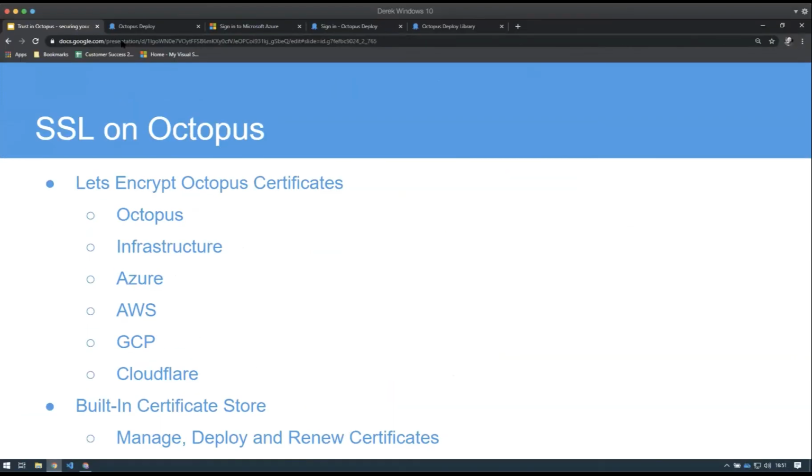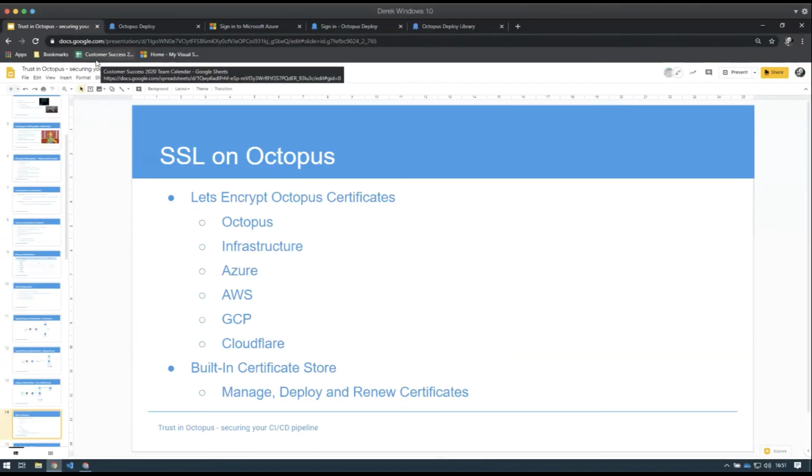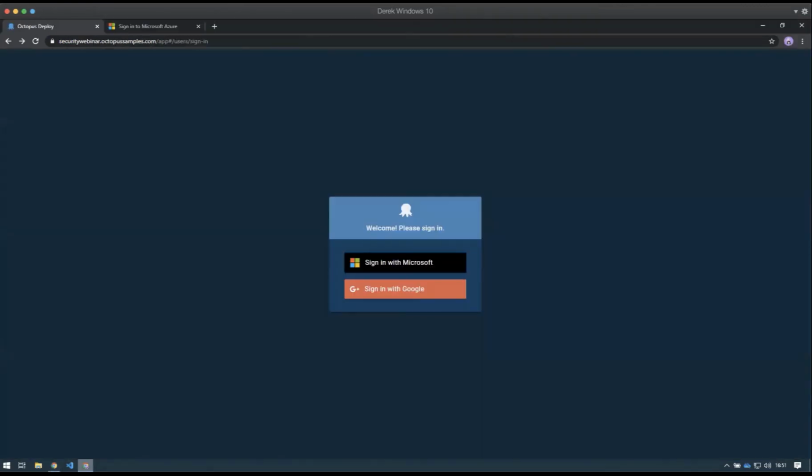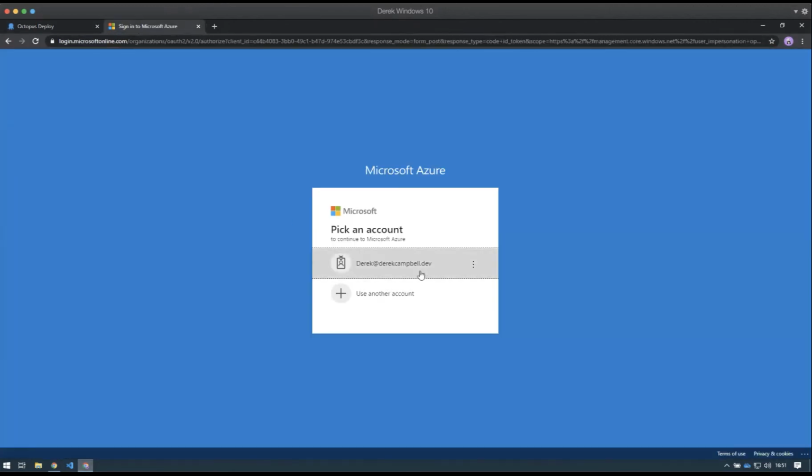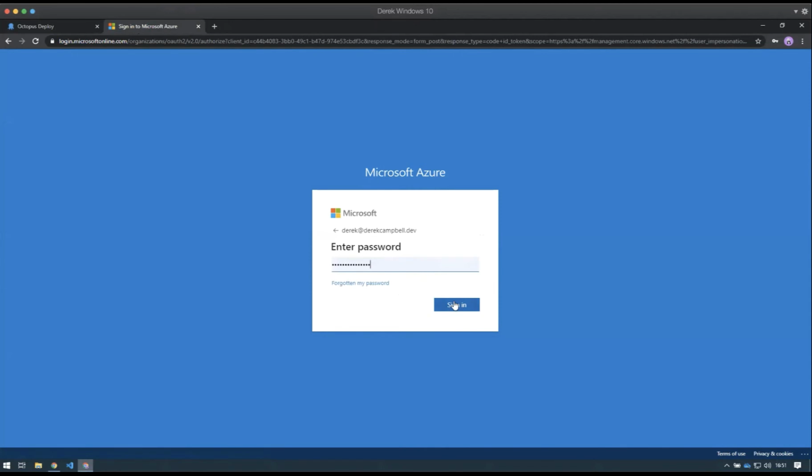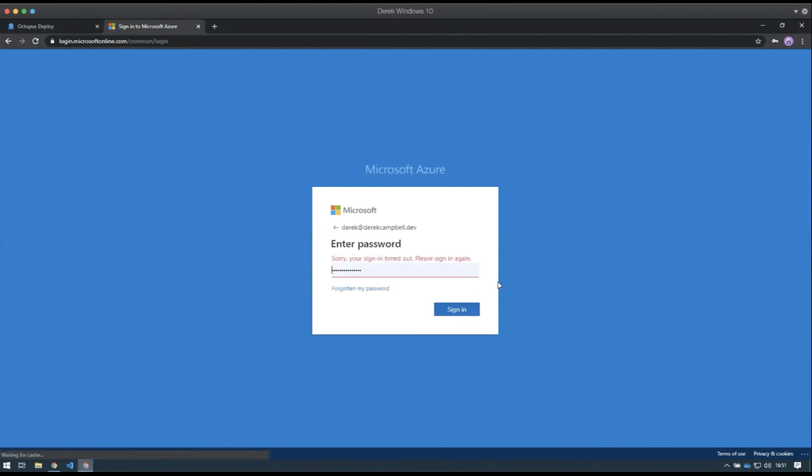So let's jump over and have a quick look. One thing to be aware of is we also have multi-factor authentication set up here. I have two different accounts. I have my business as usual, or day-to-day, account, which is derek@derekcampbell.dev. This is a non-admin account from the aspect of Octopus. However, what it is there